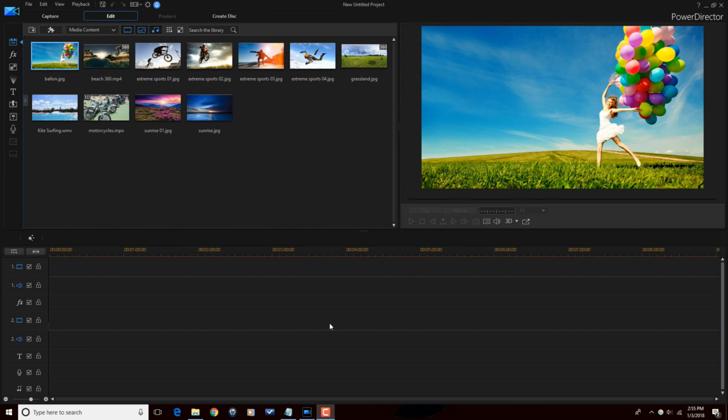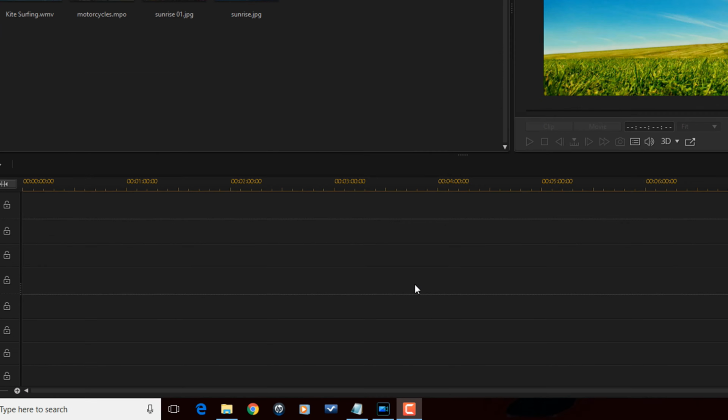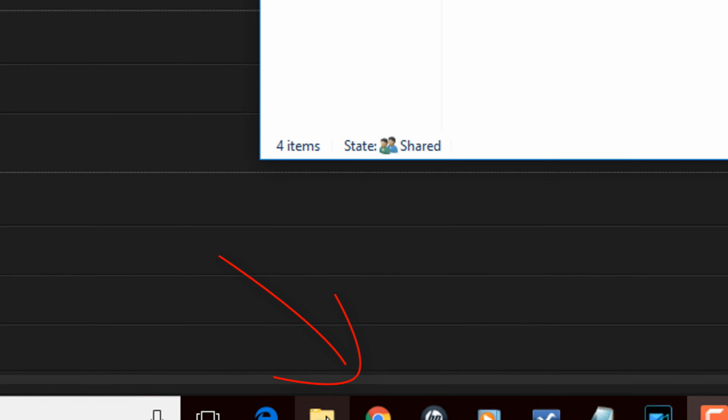We're going to talk about importing media. The first thing that I'll always do is I create a folder somewhere on my internal hard drive that has a copy of all the files I'm going to use in the project. Not the original files, a copy of the files. All right. So if I go here to File Explorer,